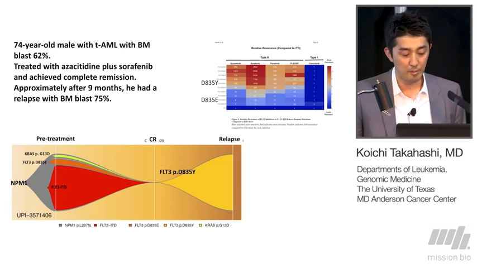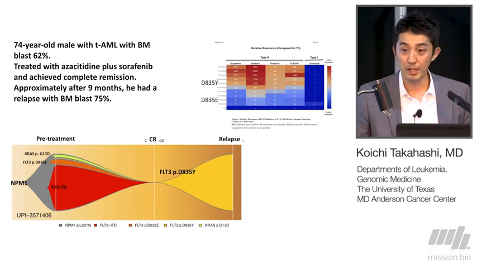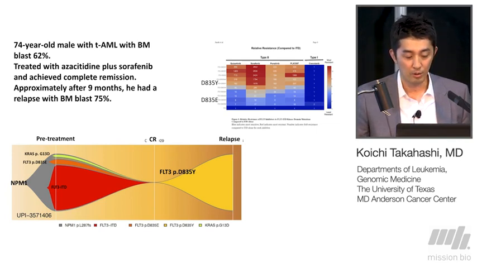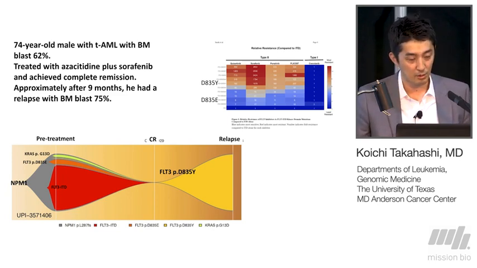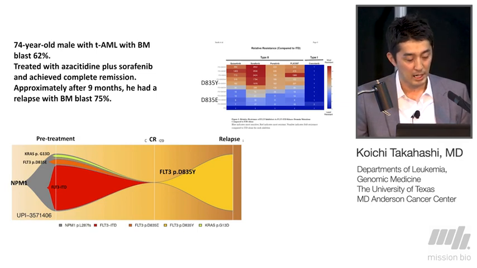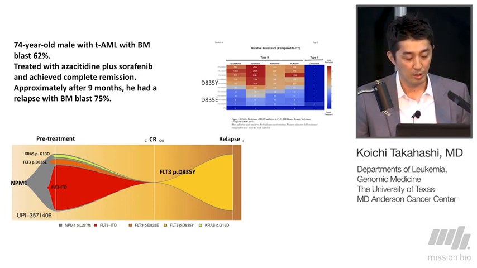FLT3-D835Y clone. And it really made sense because Catherine Smith at UCSF previously created this kind of nomogram for FLT3 inhibitors and their sensitivity to differential FLT3 mutations. The FLT3-D835Y clone was shown to be resistant to sorafenib, while the D835E clone or ITD clone was shown to be sensitive. So it really made sense with this case that sorafenib was able to take care of this ITD clone and the D835E clone. However, this very tiny D835Y clone that existed at the time of pre-treatment survived this treatment and